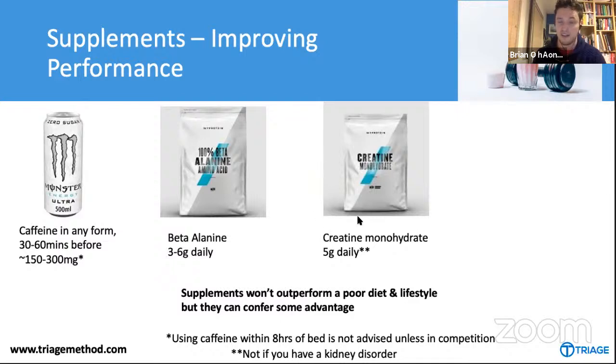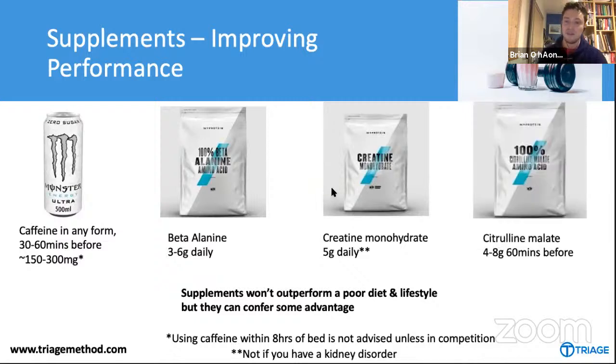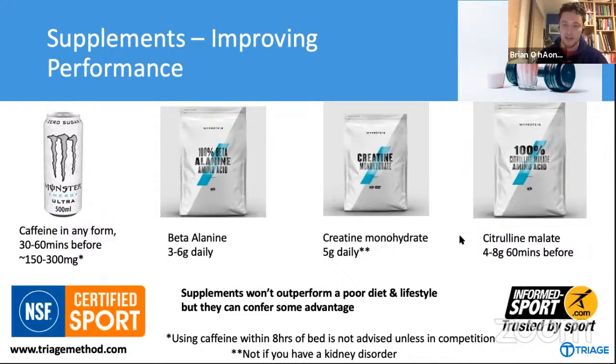Even if you're not an athlete, I think it has huge benefits for nearly everybody. And then finally, citrulline malate is another amino acid. So this is like caffeine, just for training purposes. You don't need to take it every day, but about 4 to 8 grams, about 45 or 60 minutes before you train. It helps improve blood flow, nutrient delivery to working muscles, and therefore improves endurance and reduces time to fatigue. Okay. So that's how you can use that.